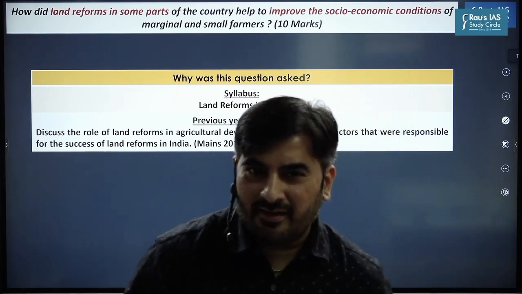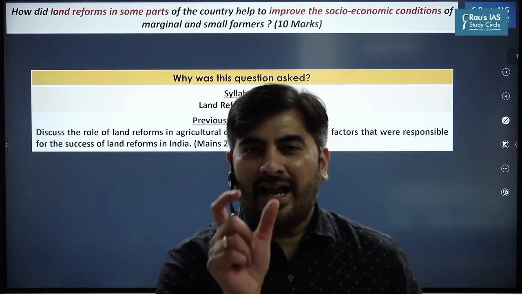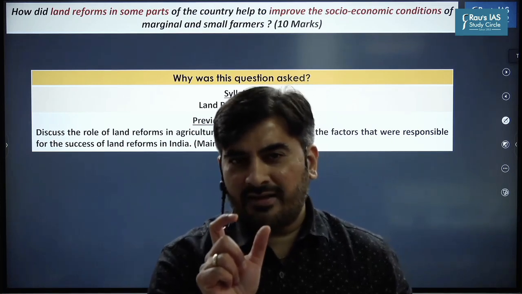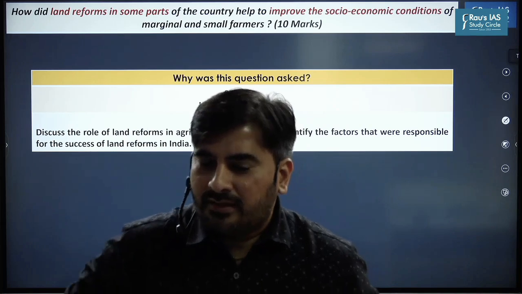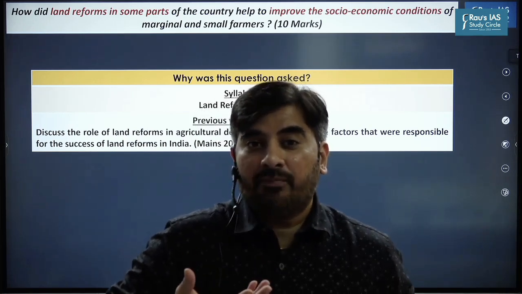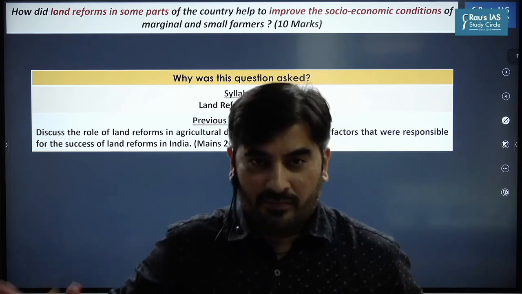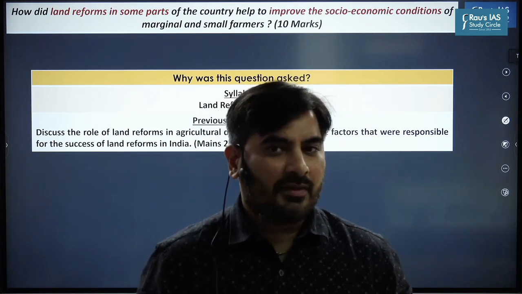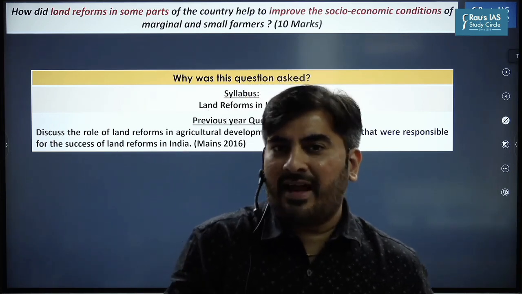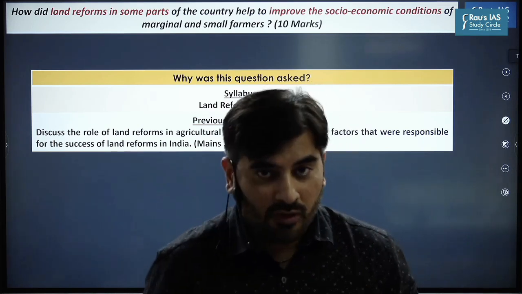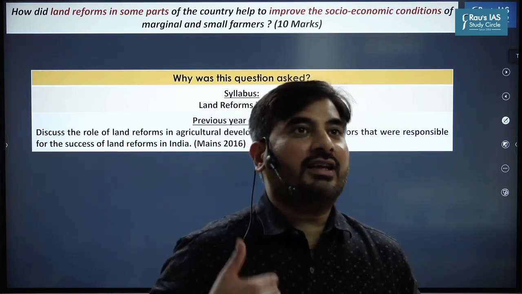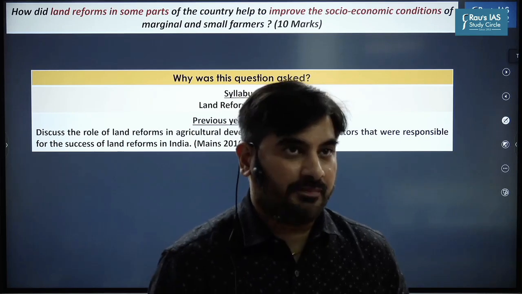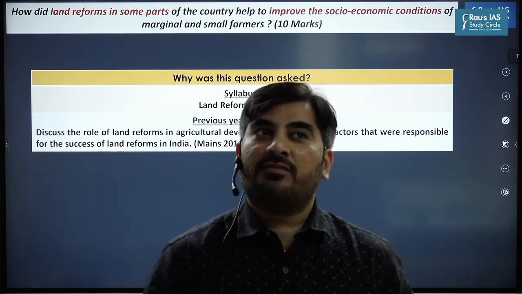Now, can I say that land is an economic and social asset? If people have access to land, this will help them in their upward mobility, both in social status as well as economic mobility, right? So land is a very critical social and economic asset. But when India gained independence, land was concentrated in the hands of only a few people. So to address the historical injustices and to promote equity in land ownership, we started implementing land reforms in India.